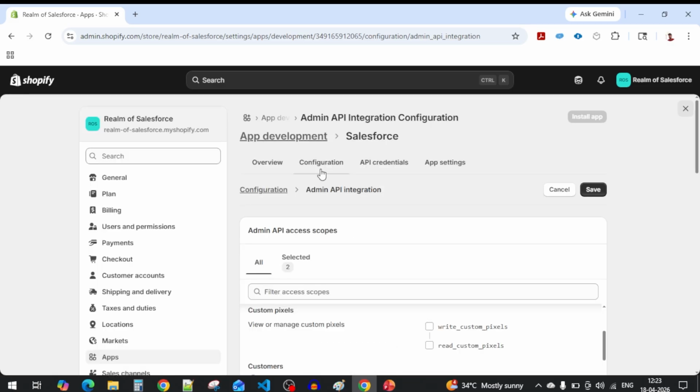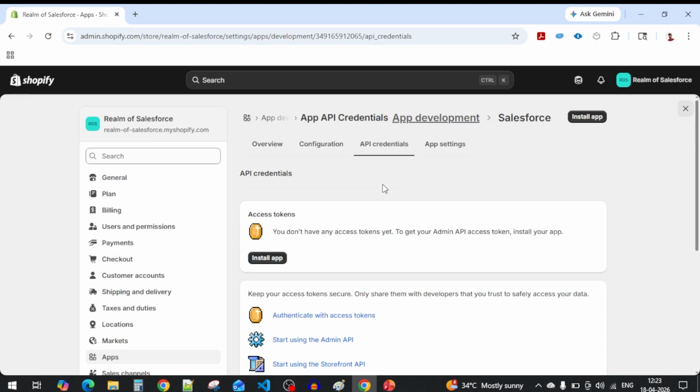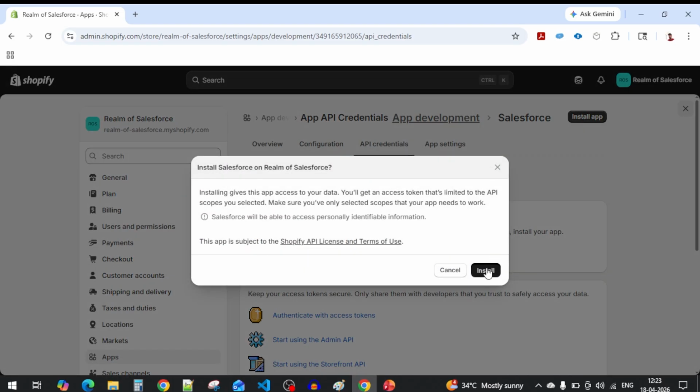Now go back to API credentials. Now you have saved the scope. You can click on install app to gain the access token. This is how Salesforce will communicate to Shopify, using the access token. So the access token will be obtained on Shopify. If you click on install app, click on install,